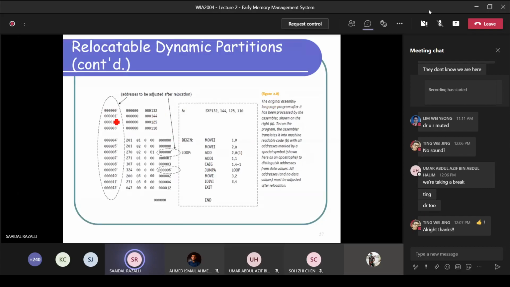This is the address. Address 0000 has the data value 132. This is like an octet, but of course in binary it is 10000100. For simplification, the book shows you 132. So the 001 location is 144, the 002 location value is 125, and the 003 location is 0010. Then 004 begins by initializing register number 1.